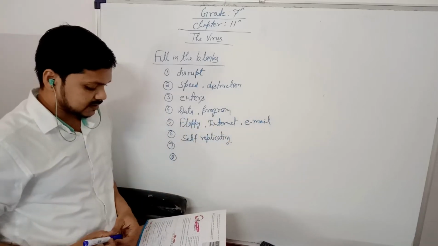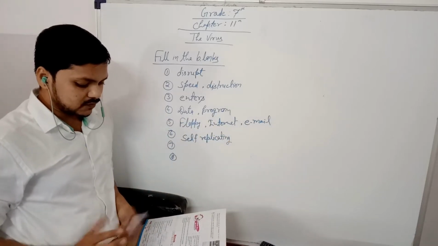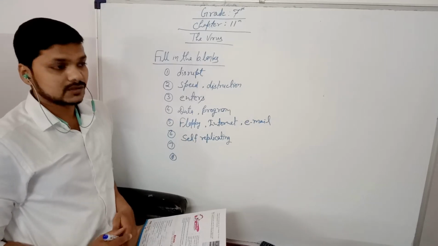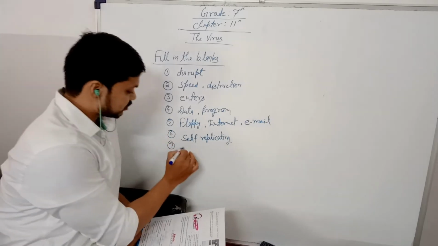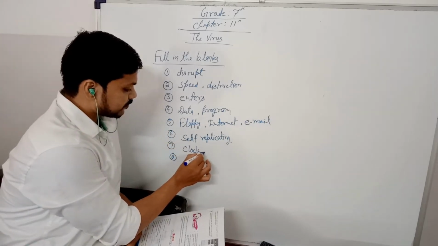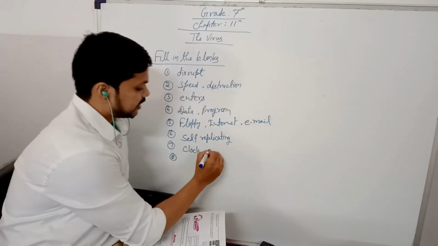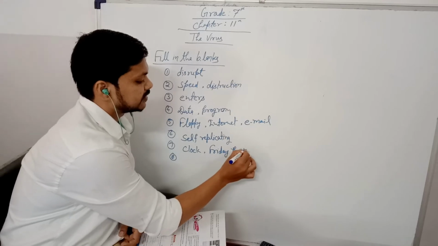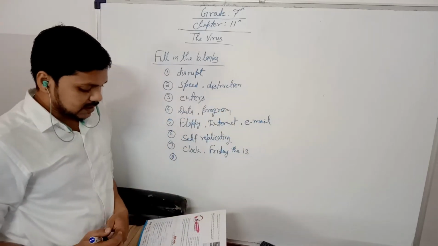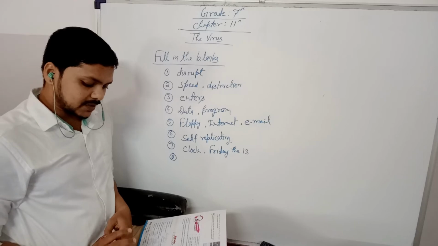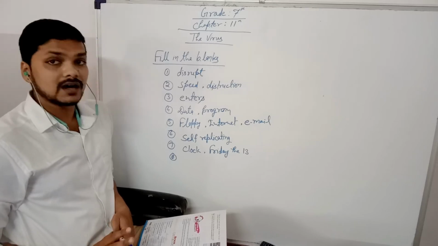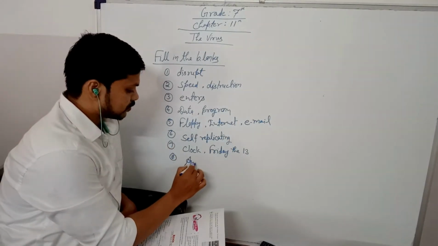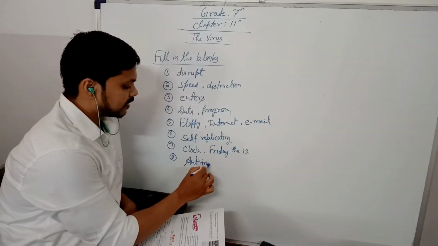Now next, seventh: some virus programs monitor the what in the host computer and trigger on a certain day, like what? So here we will fill in first, that is clock. Right here clock, and at last we have to fill here the name of virus, that is Friday the 13th. And last is: what are designed to identify, prevent and remove virus from a computer? So that is antivirus. So we have to write here antivirus.